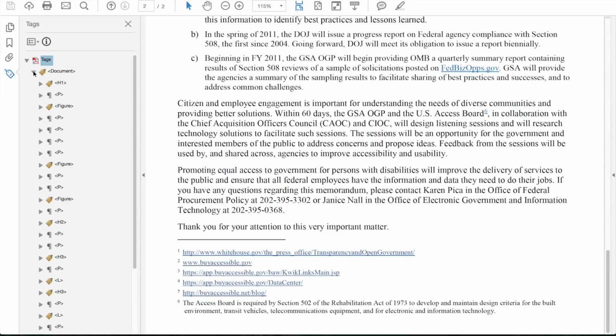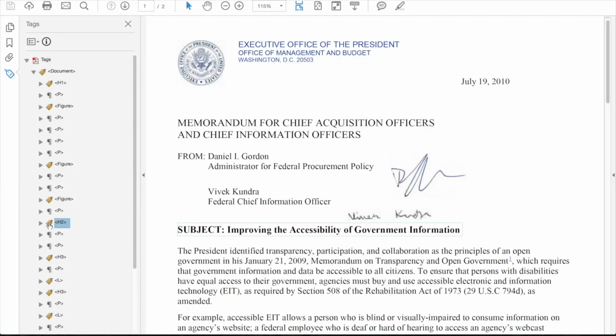Expanding our structure again, let's find the H2 and see if this provides any better meaning to what's going on in the document. When I click on the H2, my document jumps to the content I select, bringing me back to the first page. By simply moving the first level heading, the signatures, and the date, I've already provided better meaning without really messing around with the content at all. In my opinion, it now goes in a logical order of what the most relevant information is on the page before we get to the second level heading. Now I'll try to accomplish that same goal after the H2.